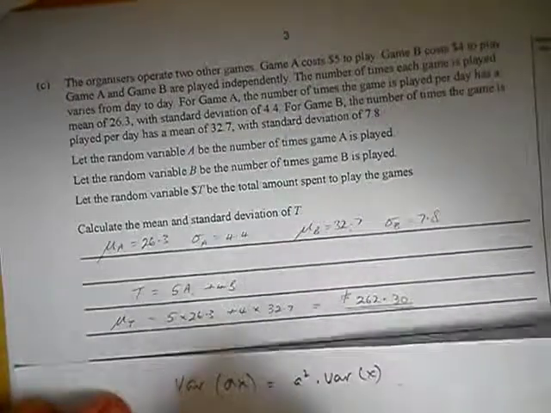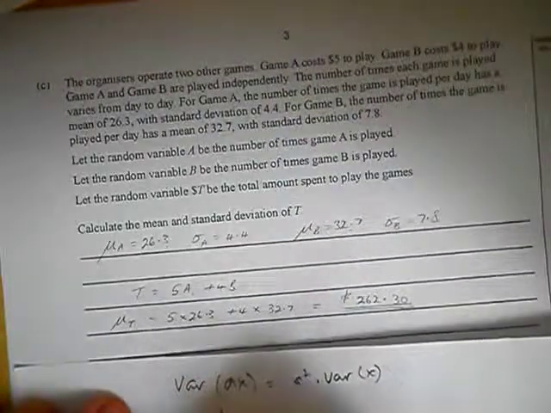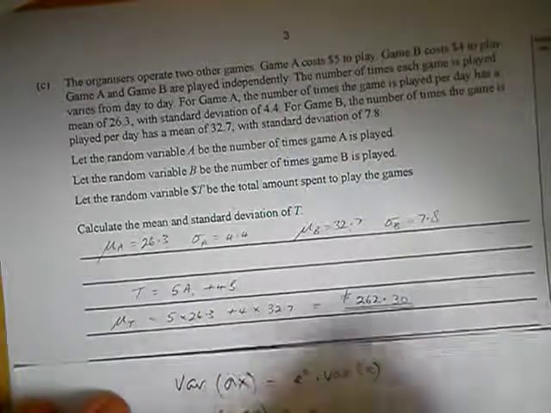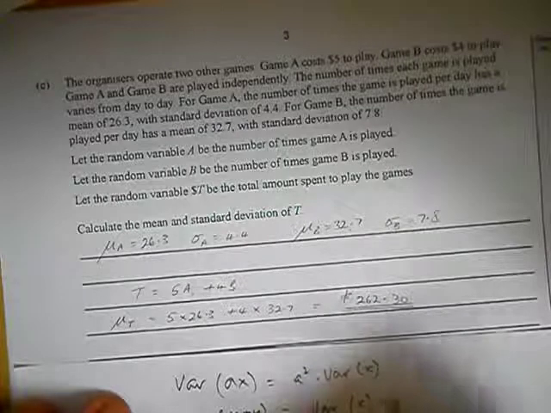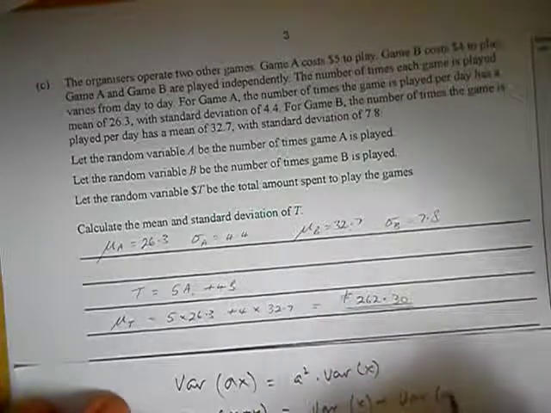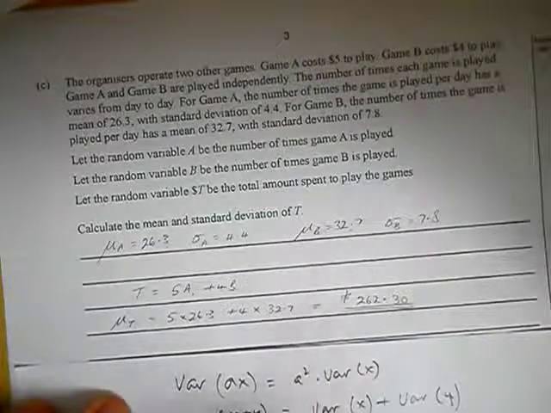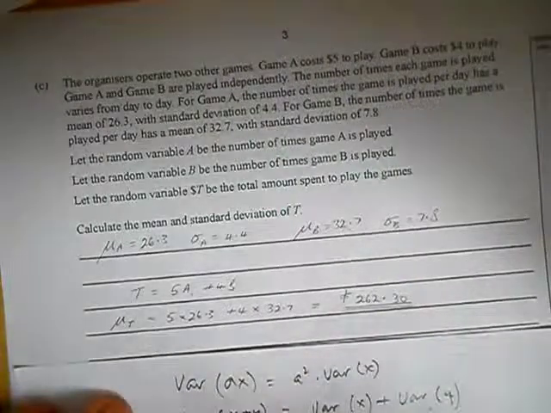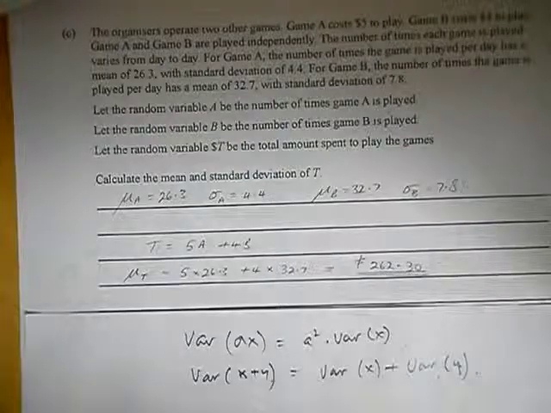Also, you can have the variance of X plus Y is equal to the variance of X plus the variance of Y, right? So if you're adding two different distributions, you add their variances. You don't add their standard deviations. Oops, I hope you can see that. Okay,